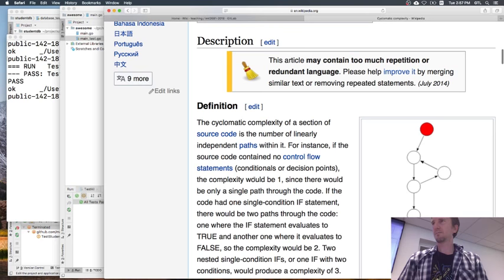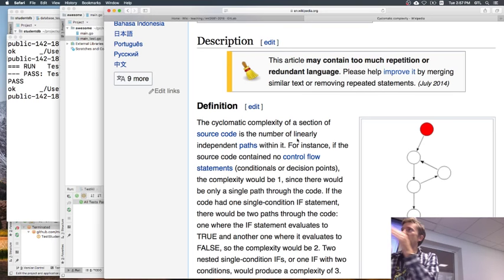So the cyclomatic complexity of a section of the source code is the number of linearly independent paths within that code. So every change, every kind of choice, like in this case we have 6 choices of 6 case statements, adds to this complexity metric, right? So if we look back at the code,